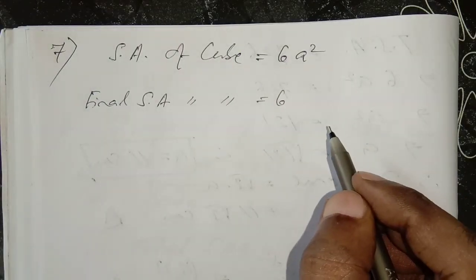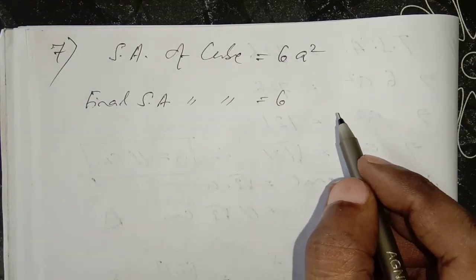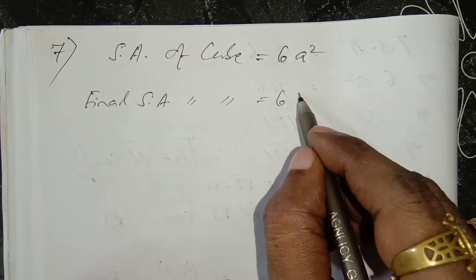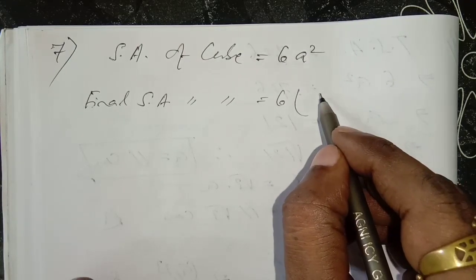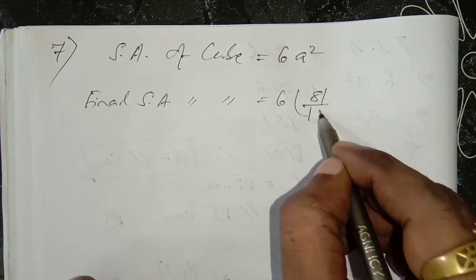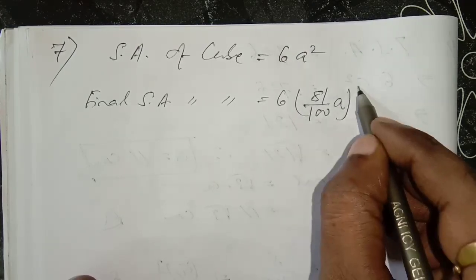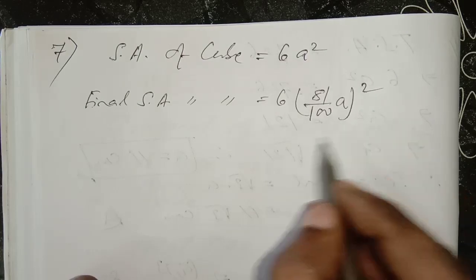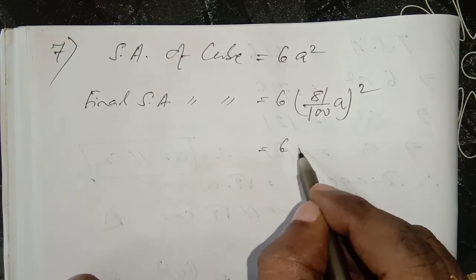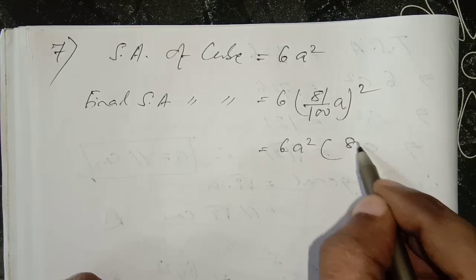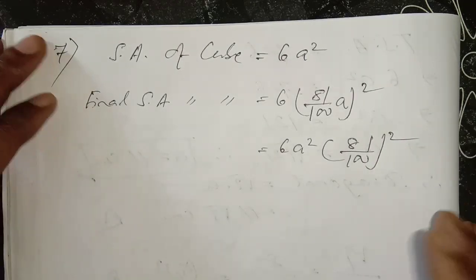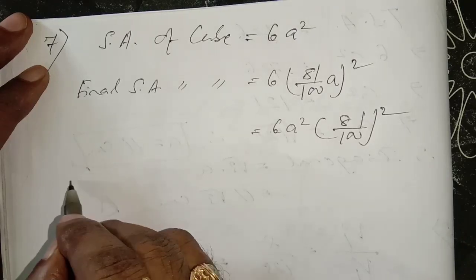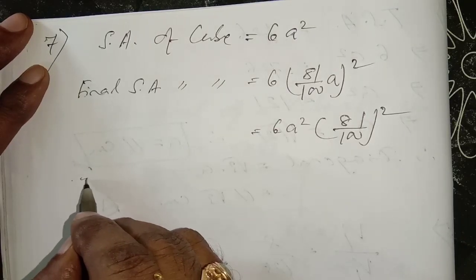The final surface area of the cube, how much will this be? The side will decrease. How much will it decrease? 19% decrease. That means the final side will be 81 by 100 a whole square. Okay, that means this will be 6 a square into 81 by 100 whole square. I am keeping it like this. Next you have to find out the percentage. Therefore, the decrease